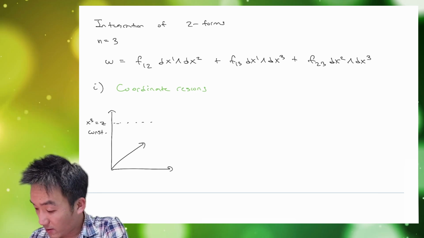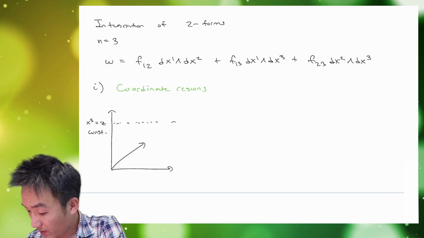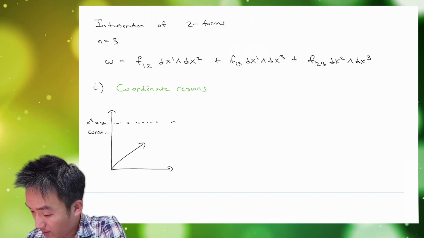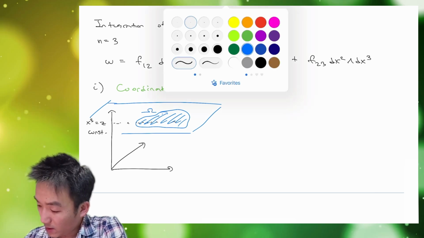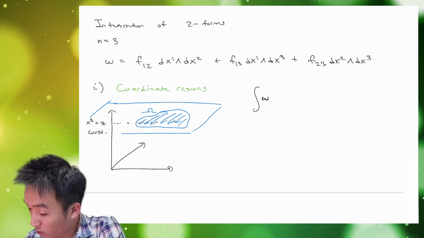So I'm in this x3 equals constant, which is a hyperplane, and in this hyperplane is my region omega, right? And in that case, if I integrate little omega, the 2 form, over this two-dimensional domain